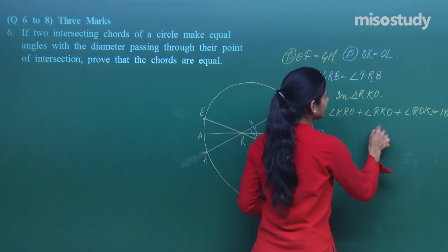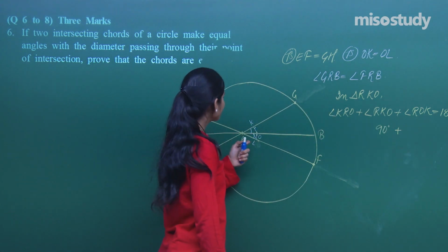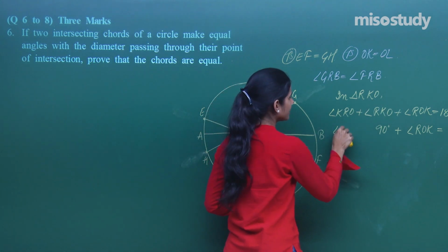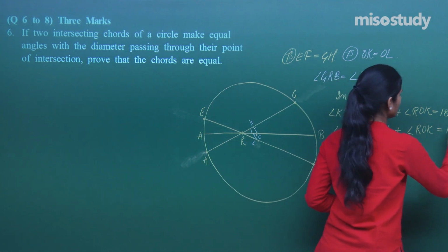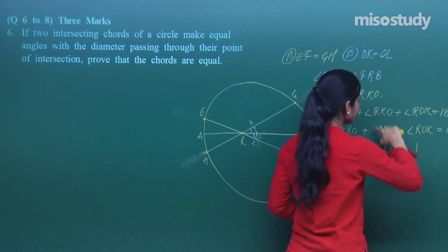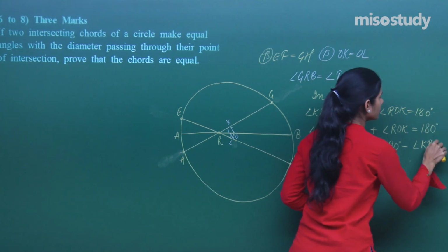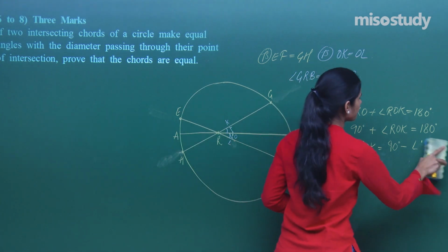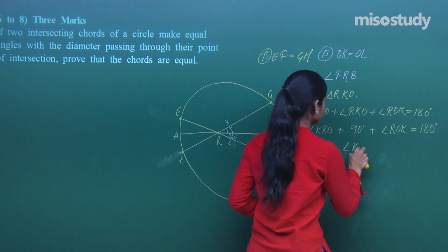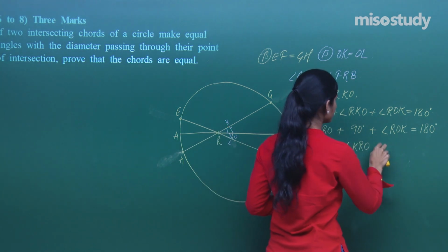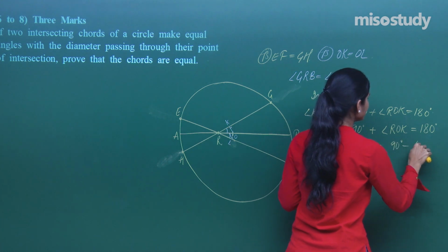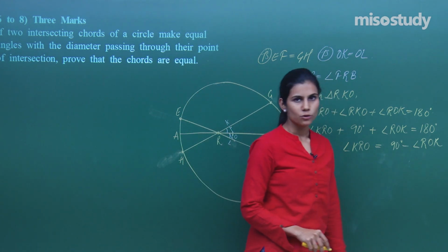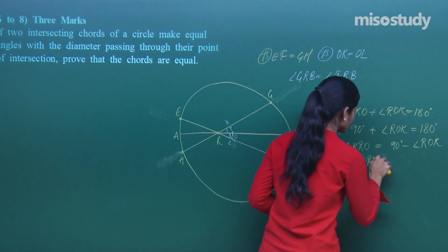Now already angle RKO is 90 degrees. Fine. Angle KOR or ROK, leave it as it is. Right, and here it is angle KRO. This is 180. So angle ROK will be 180 minus 90, which is 90 minus angle KRO. This angle KRO was what? It is now 180 minus 90, that is 90 minus angle ROK. So angle KRO is coming out to be 90 degrees minus ROK, or I should say ROK would be 90